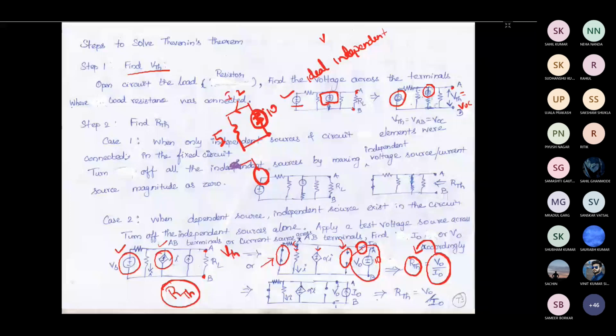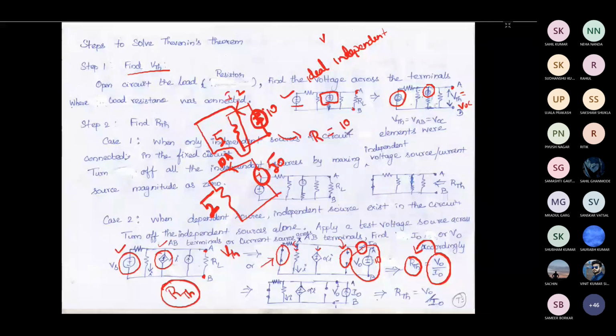Then if it is 10 ohm, you are going to get 1 ampere. Sorry, we'll keep it as 50 volt. So with 5 ohm, 10 ampere will pass through this circuit. If you want to find the RThevenin, let's say that you do not know the resistance value, but the current taken is 2 ampere with the 10 volt source. So you can find the R value. R is equal to 10 divided by 2.